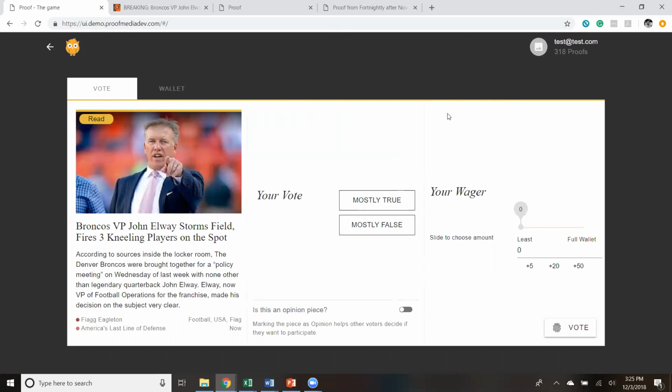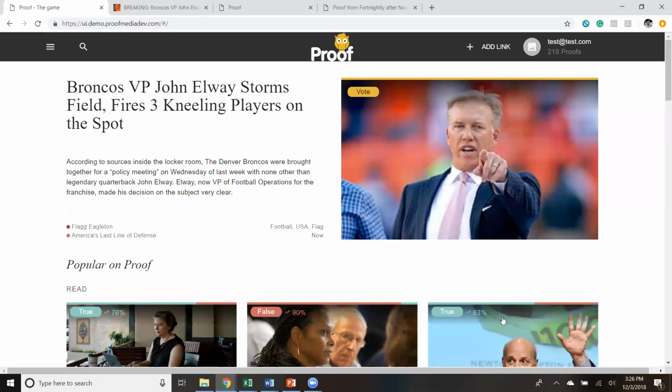Now, after conducting my research on this article and into the facts of this article, I will place my vote. I'll select mostly false, and I am going to stake 100 proofs. I'd also have the opportunity to select whether or not this was an opinion piece. I do not believe that it was, and I will leave that unchecked. I will now submit my vote, and